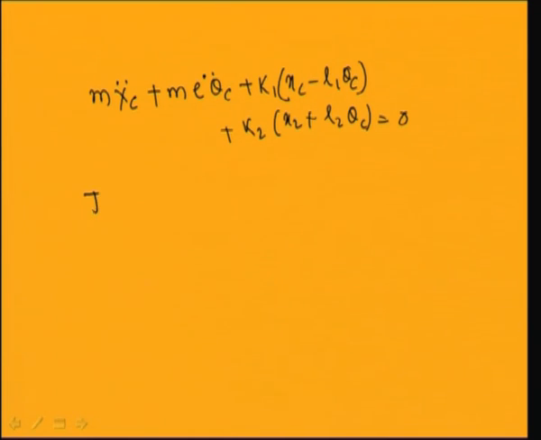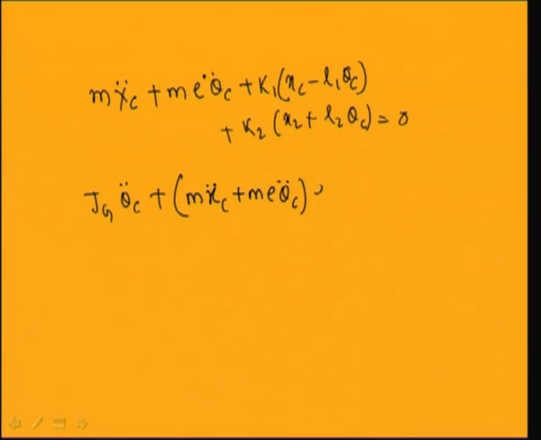So it will be equal to J g theta c double dot, as the inertia force will act at the mass center, that is at G. So J g theta c double dot plus m x c double dot plus m e theta c double dot